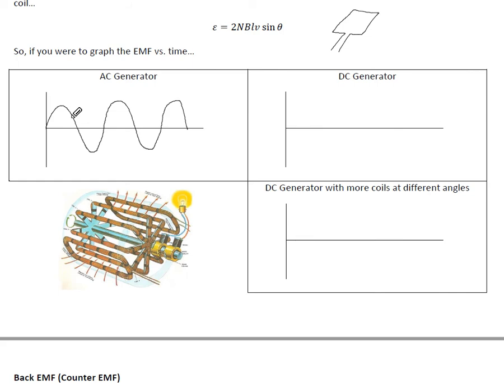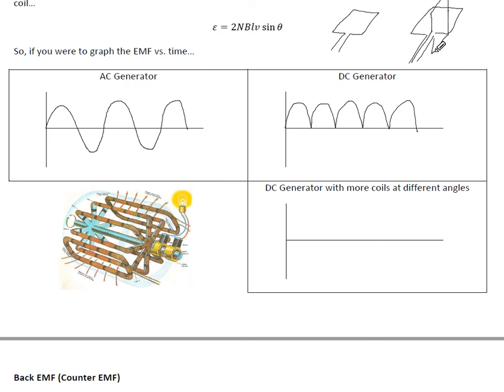So how do you avoid that? If we use a DC generator, it's going to look like this. But how do we get rid of these points of minimum? Instead of just having a single loop, you're going to have another loop that is